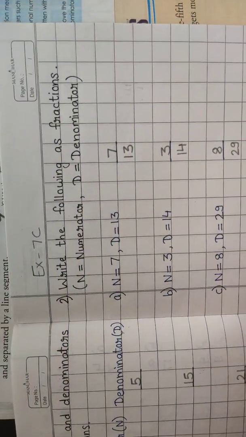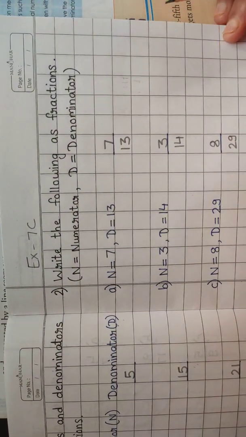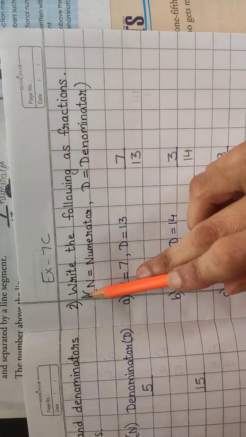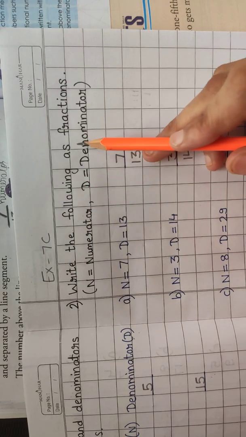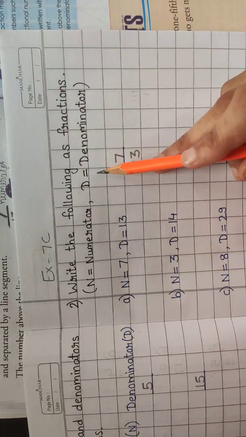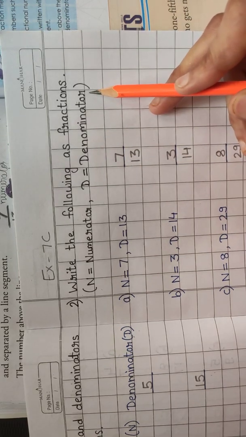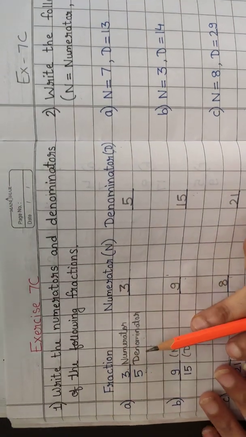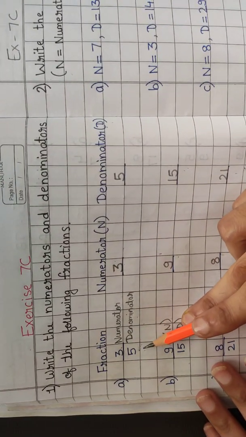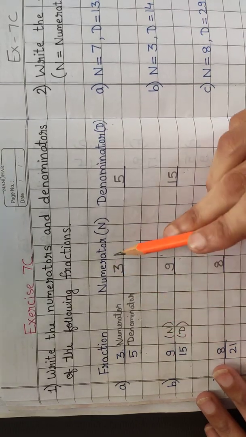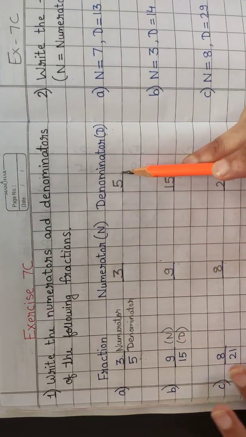Now come on our next question of the same exercise, that is exercise 7C, question number 2. Write the following as fractions. n is equals to numerator and d is equals to denominator. Students, now what we have to write in question number 1, what we had done, these numbers are given and we have to find out which number is numerator and which number is denominator. Now